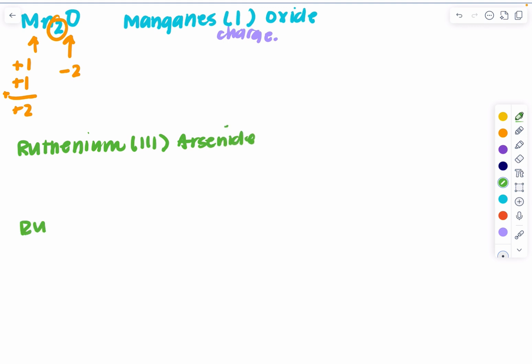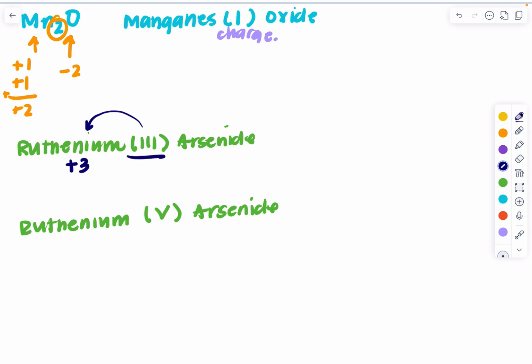And just for fun, let's do ruthenium(V) arsenide. How do we write the formula for this? Well, we know the charge on ruthenium is +3 because that's what it says. This ruthenium is +5. Arsenide is -3. Arsenide is -3. So this, we have a 1-to-1 ratio, so we could just write